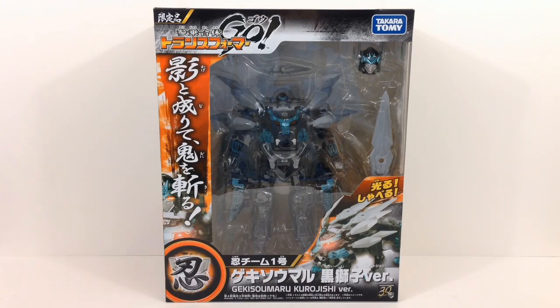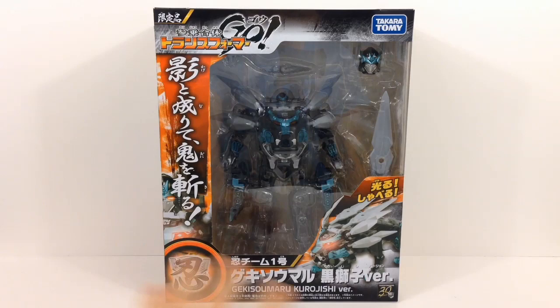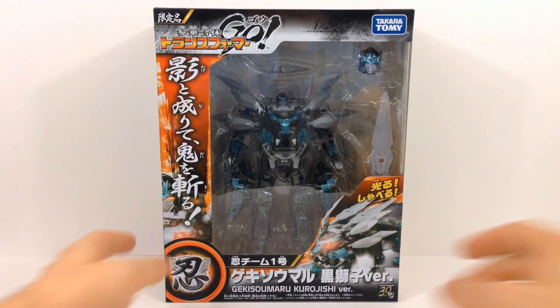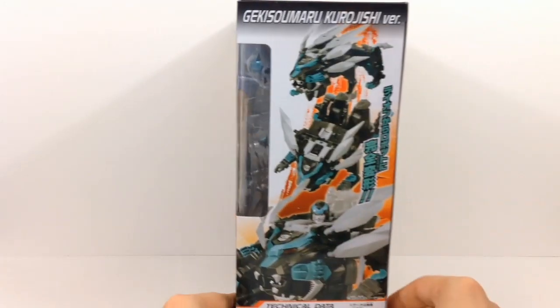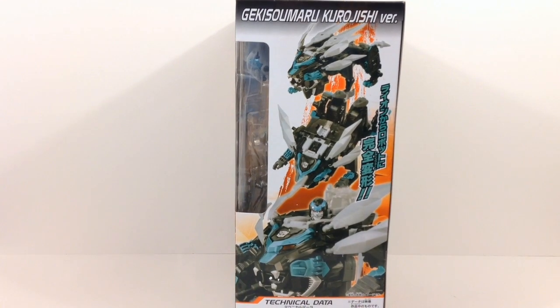This time I have Transformers Go Gekisoumaru Kurojishi version. And as you can see, this is a repaint in a black and teal version, kind of a Nemesis paint job. Taking a look at the box, you can see he's a little bit different. He has more of a black and red motif on the front, and they do have that big window that allows you to see the figure and some of his accessories. Taking a look at the side, we have him with his technical data,